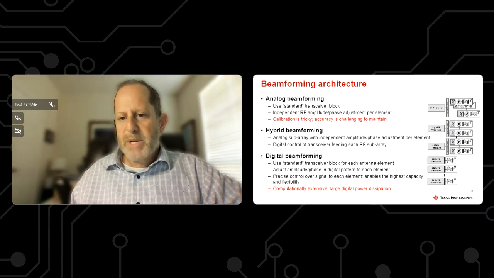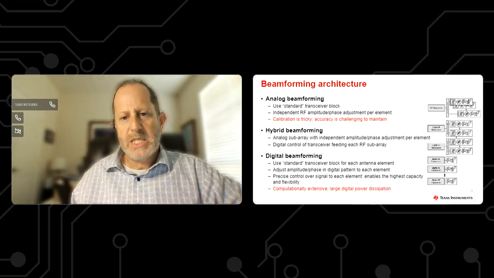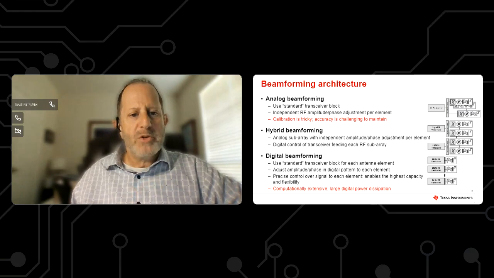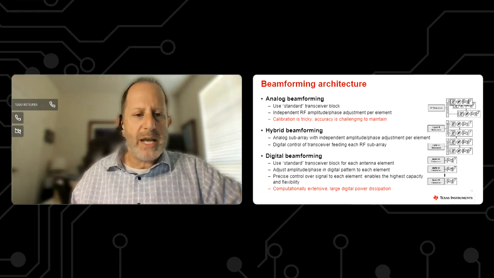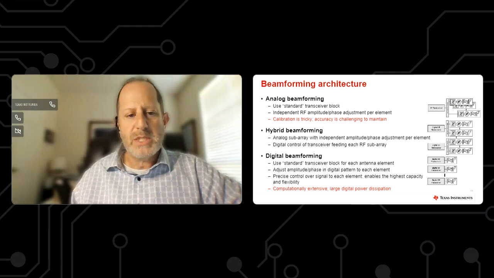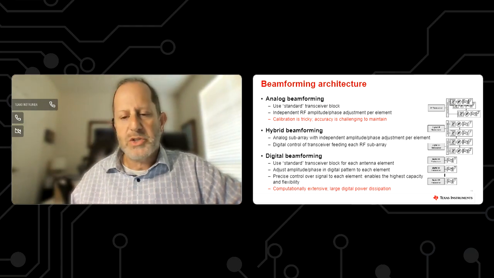But it's not the entire array, because we still have multiple transceivers that are working with each of these analog front ends. And so we have some adjustment capabilities in the digital domain here, and then some fine-tuning at the smaller element level in the back end, I guess I should say the front end here. So it still has some of the same calibration and analog accuracy implementations, but you have a little bit more flexibility because you can adjust some of that here in our digital transceivers.